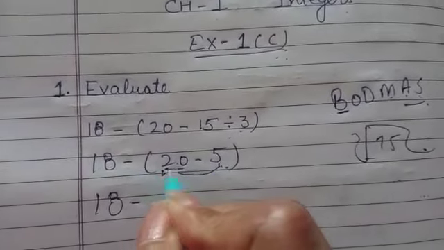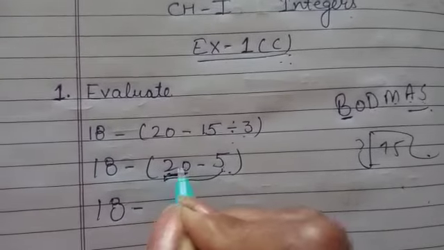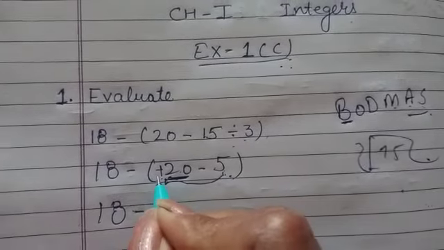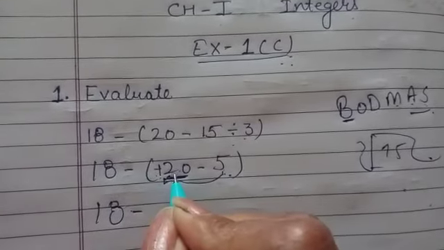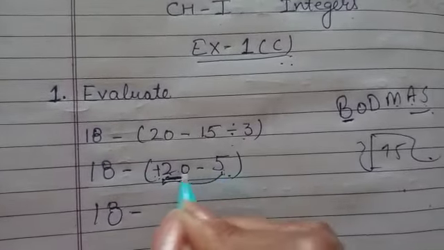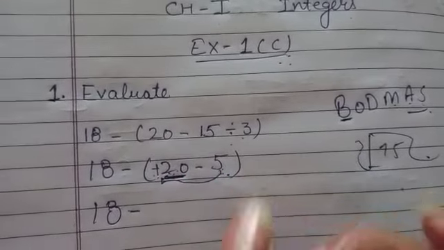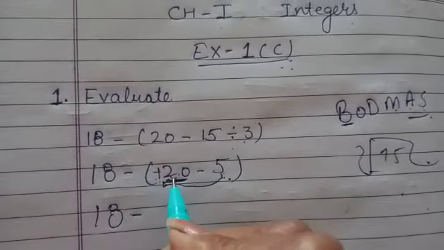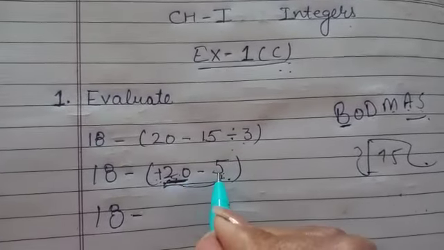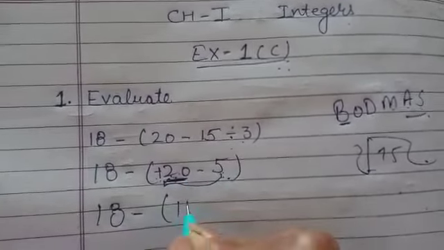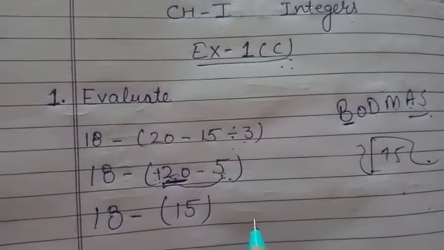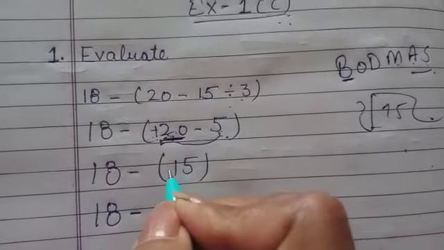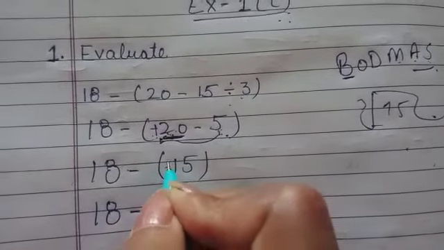Beta, see which is the bigger number, that is 20. The sign of 20 is plus. If there is nothing in front of any number, it means that number is positive. So 20 minus 5. In the fight of 20 and 5, which number will win? 20 will win the match, na? So 20 minus 5 will be 15, and 15 will be a positive number. Now we will remove the bracket.